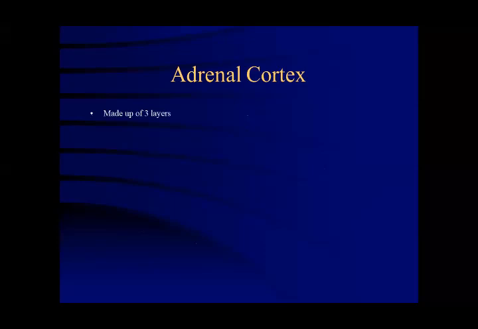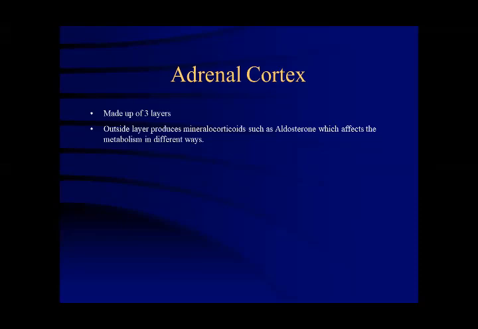Talking about the adrenal cortex, in the beginning I told you there are three layers. The outer layer produces mineralocorticoid. Mineralocorticoid means this is producing aldosterone. Aldosterone is a hormone which has a great impact on the control of blood vessels and on our blood pressure. Whenever there are changes in the body, in the fluid level, or an electrolyte imbalance, this is the hormone which is secreted or inhibited by a positive and negative feedback effect.